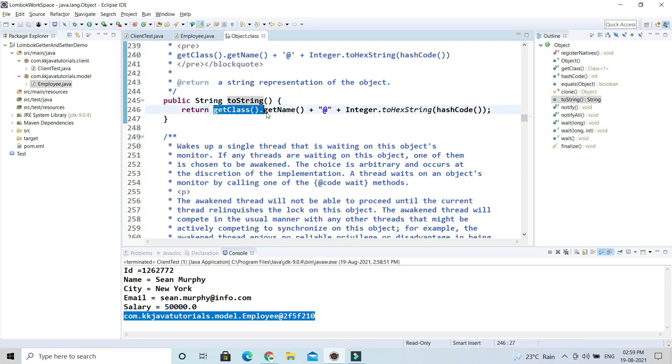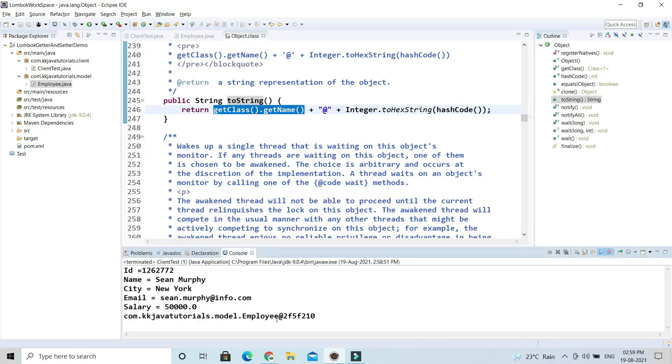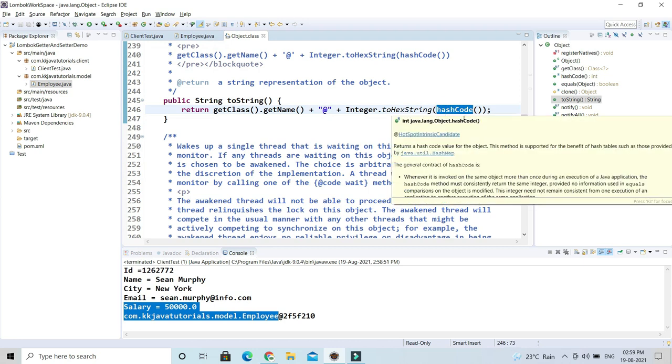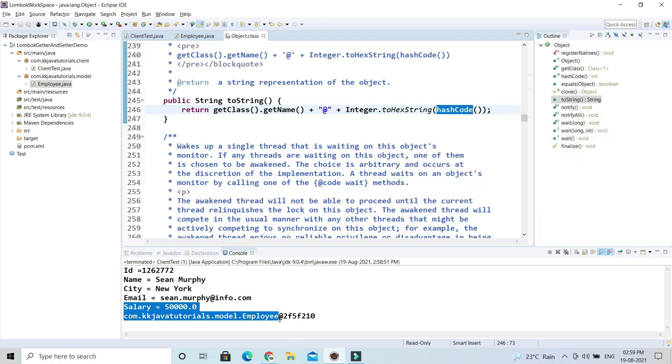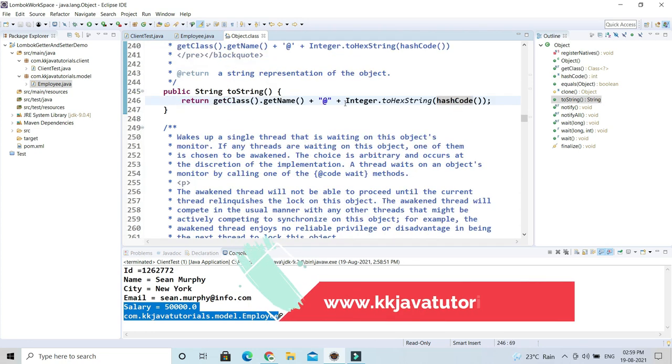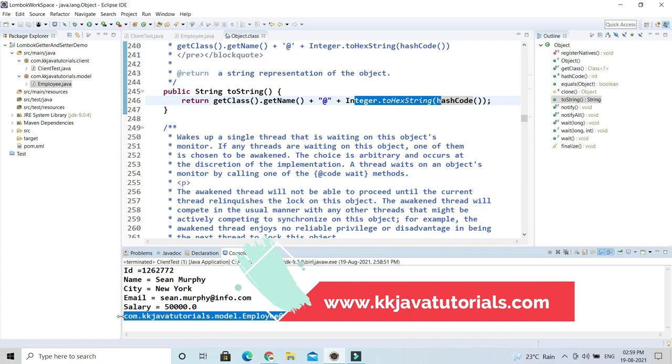This method first gets the qualified name of the class, then concatenates the at sign, and finally gets the hash code of your object, which is an integer value, converts it into hexadecimal, and that's how you see a value like this.